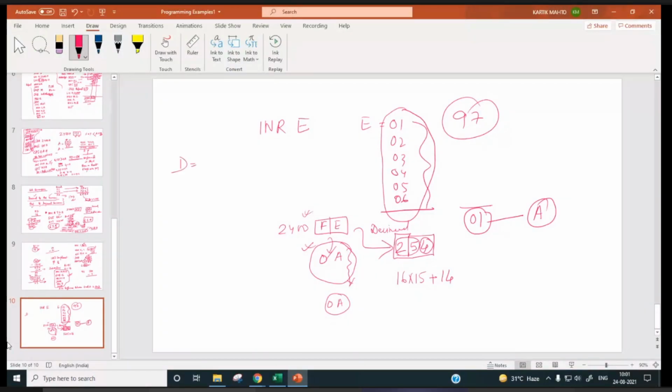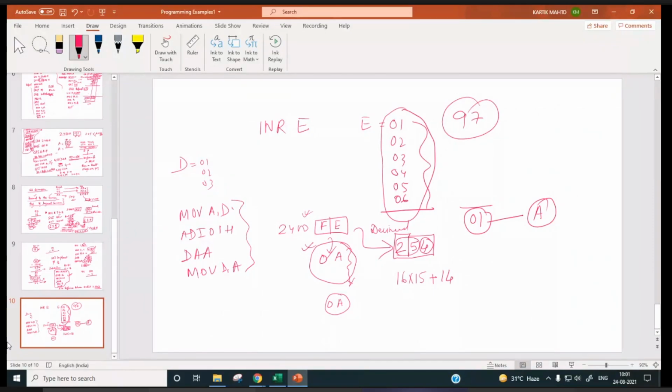So 01, 02, 03, 0A will be there. So this 0A should not be there. It has to be 10. So for this, how to increment? MOV A, D, ADI 01H, DAA, MOV D, A. This way you have to increment the D register.